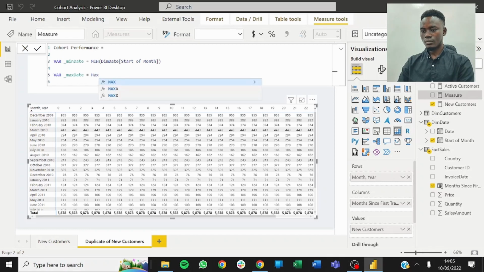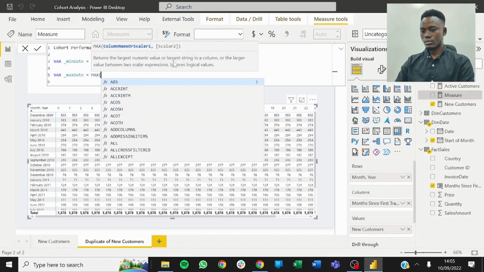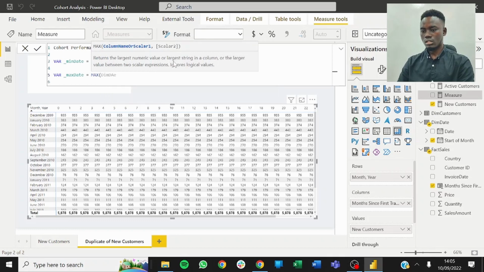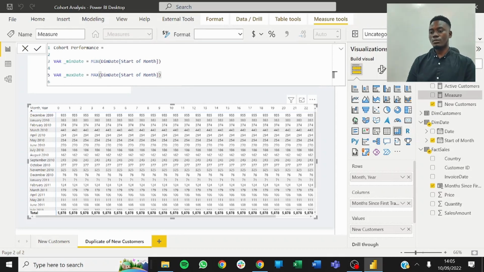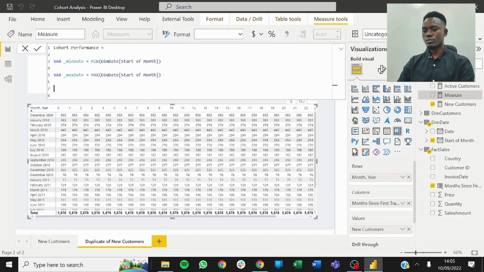Max date. This is also going to look at the max date, start of month. And now we have the minimum date from the start of month and the maximum date from the start of month. Let's create our measure. So we want to return,